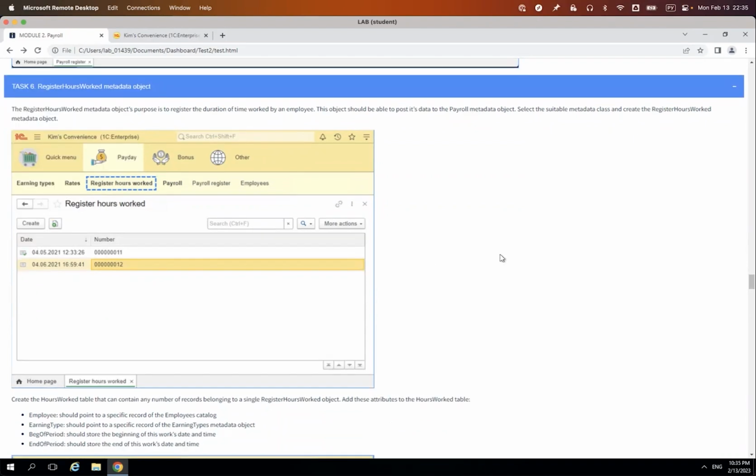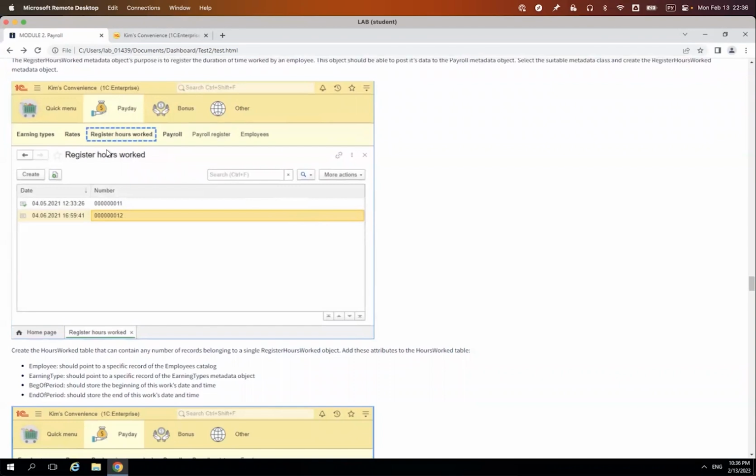We need to register how much every person, every employee worked and what type of work it was. So basically, what earning type is this? It's one type of document, and the completely different type of document is by the end of the month, we need to calculate how much we owe to this employee. And they are connected, of course, because our salary calculation depends on the amount of time worked, but they are different documents because they are registered in different times and for different reasons.